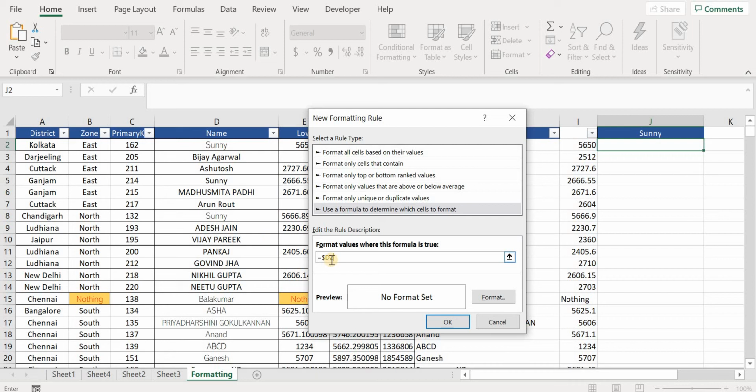So let me give you a little brief on the dollar thing. Dollar means that specific cell is locked, and even if I go left or right, nothing will happen. If the dollar is removed, that means as the cells go down, automatically the conditional formatting will be applicable to row 2, row 3, row 4, row 5, row 6. So I am removing the dollar. If the dollar sign is there, then it will only be applicable to row 2 only. It will not move down. So we will show that also. So let me show you this. I come here.